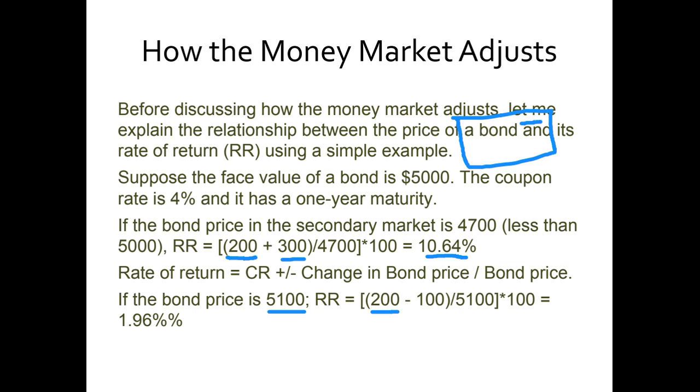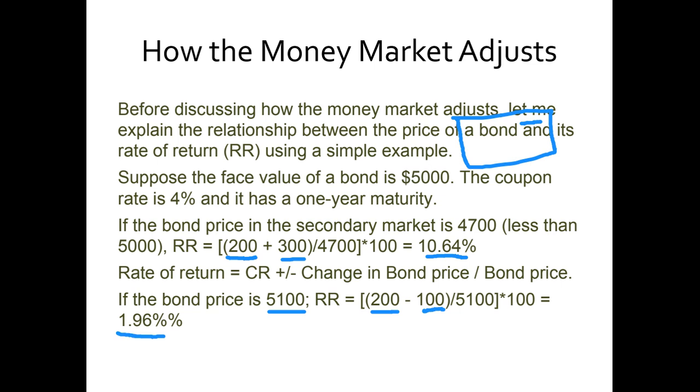But I'm losing $100 because I spent 5,100 and I get only $5,000 when I redeem. So I lose $100. So 200 minus 100, 100. I make only $100 when I invested not 5,000, 5,100. So my return is only